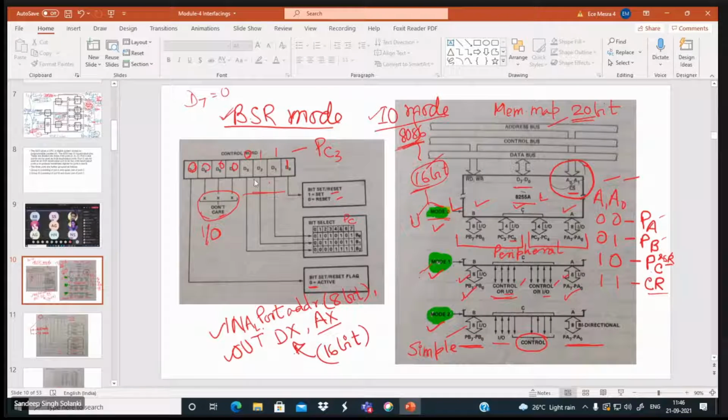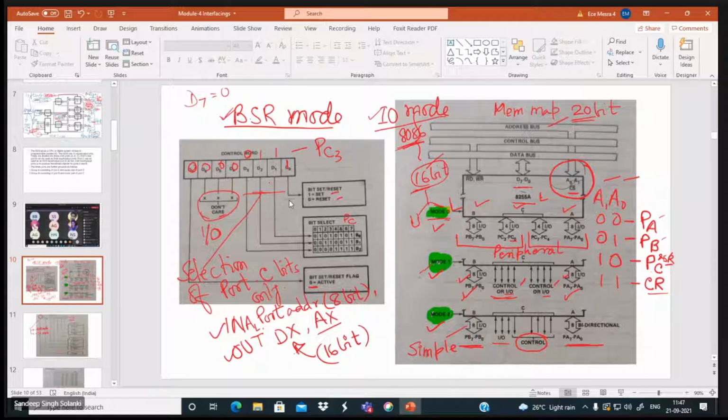Then what comes next is the next 3 bits. These 3 bits are used for the selection of port C bits only. Are you getting it?